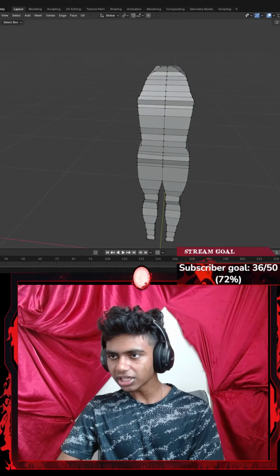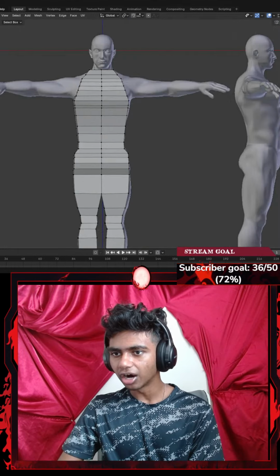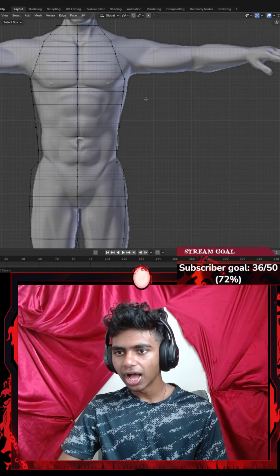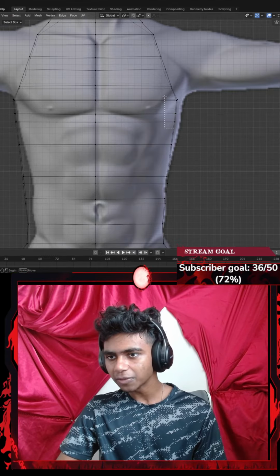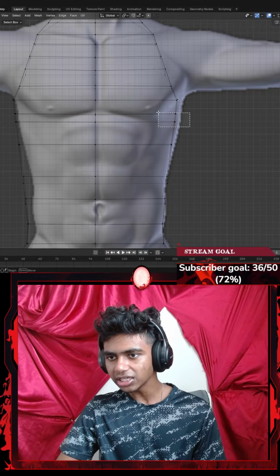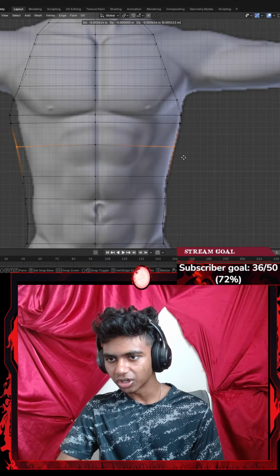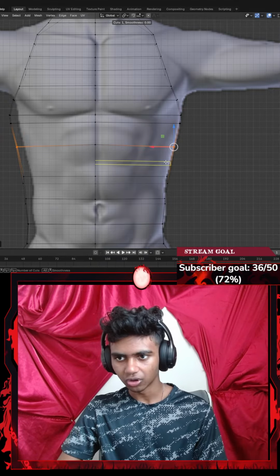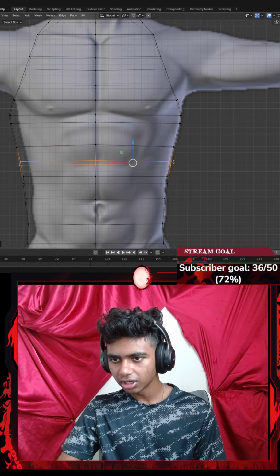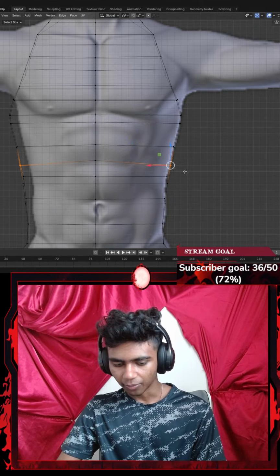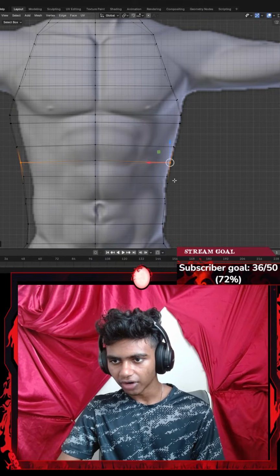Okay, there we go. That looks kind of good actually. I'm gonna go back to my negative y-axis and let's see. Let's go back to my wireframe mode. I might want to have some adjustments up here, so I'm gonna go ahead and just select these. Let's go with G. I want to go ahead and extend that. Go with G, extend this part. Go with Control R to get a loop cut. Okay, let's select one side. Go with G, get that down here. I'm gonna select this. Go with G, go all the way up here.